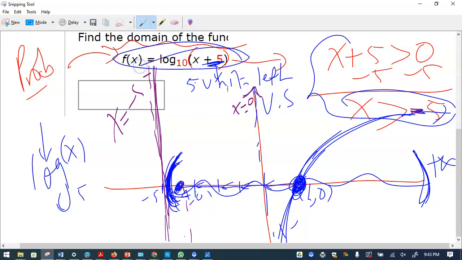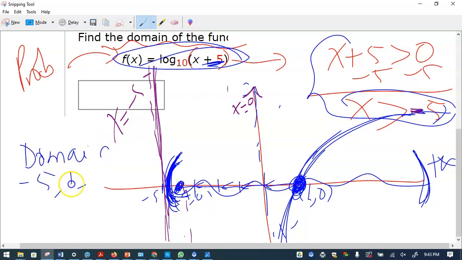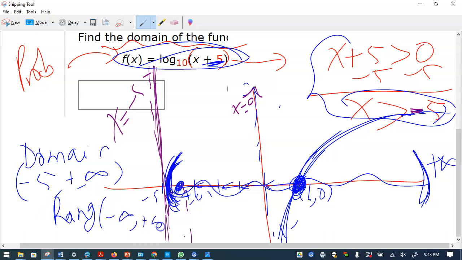Okay, too much is going on here. So how do we write it? The new domain is negative 5 to plus infinity. But the range, as I said, always stays the same. It does not change. It goes down and up. So that means the new graph would be